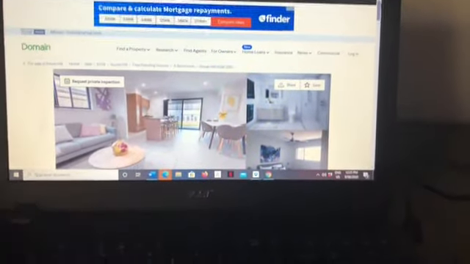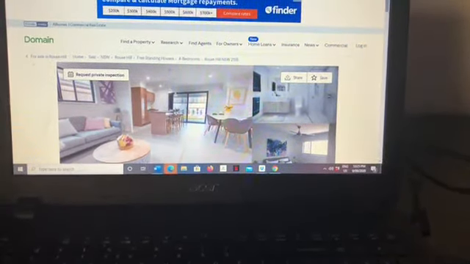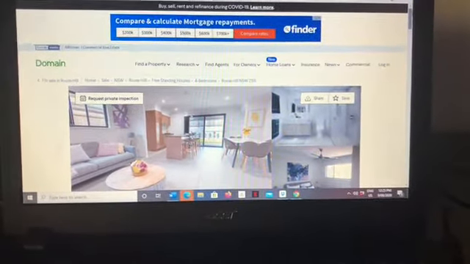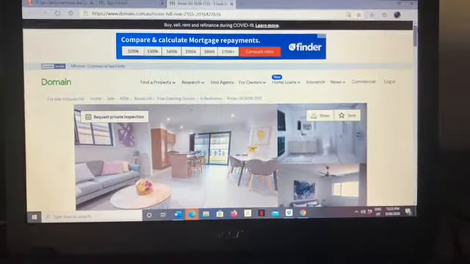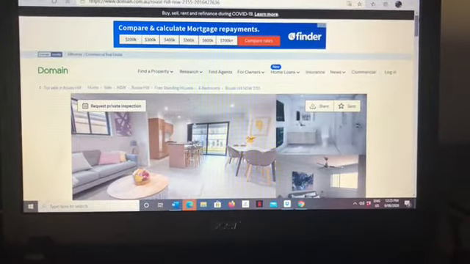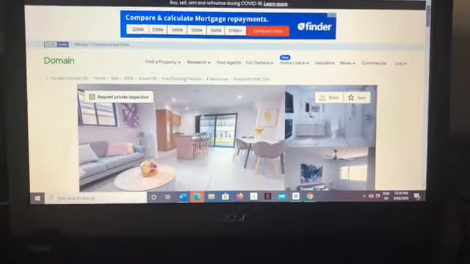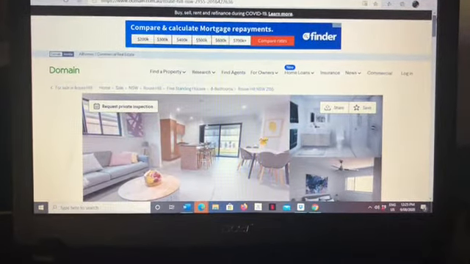It's a law of averages, it's funnel theory, it's basic sales 101. It's the more advertising, the more leads you get, the chances are you're going to convert something into a sale. So that's my advice. I hope each person takes the advice and cracks on and uploads as much property as